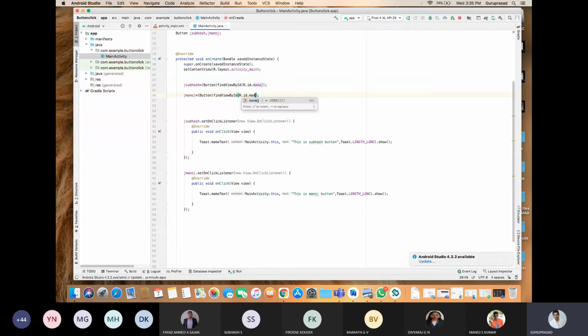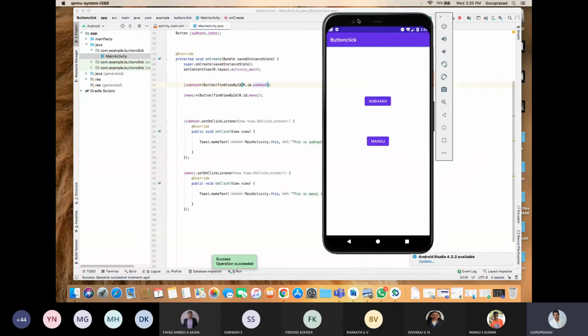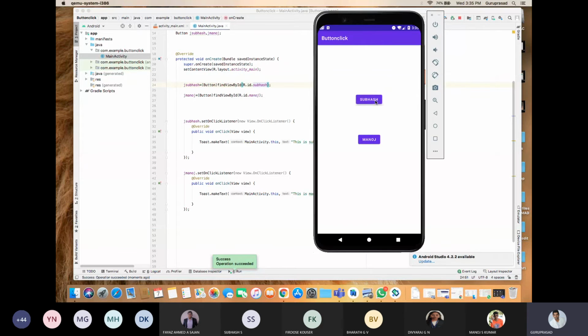Now I'll interchange them back, Manoj for Manoj and Subhash for Subhash. Now see the output. Subhash: this is Subhash button. Manoj: this is Manoj button.